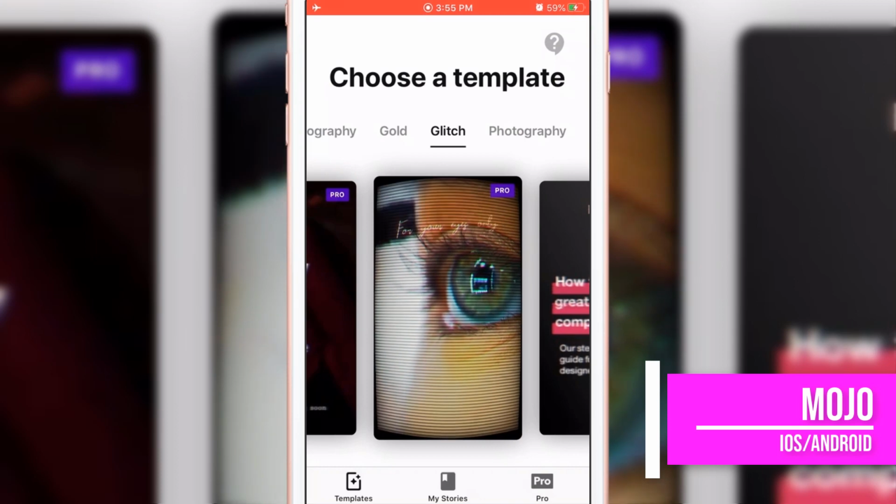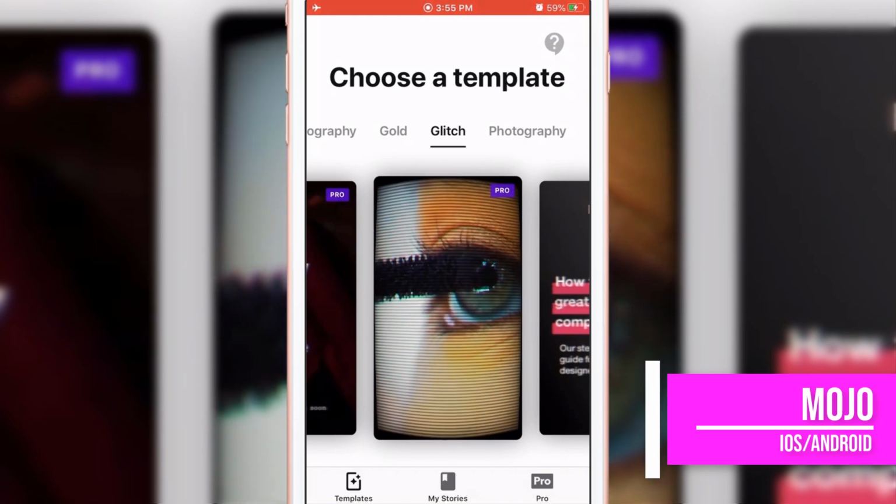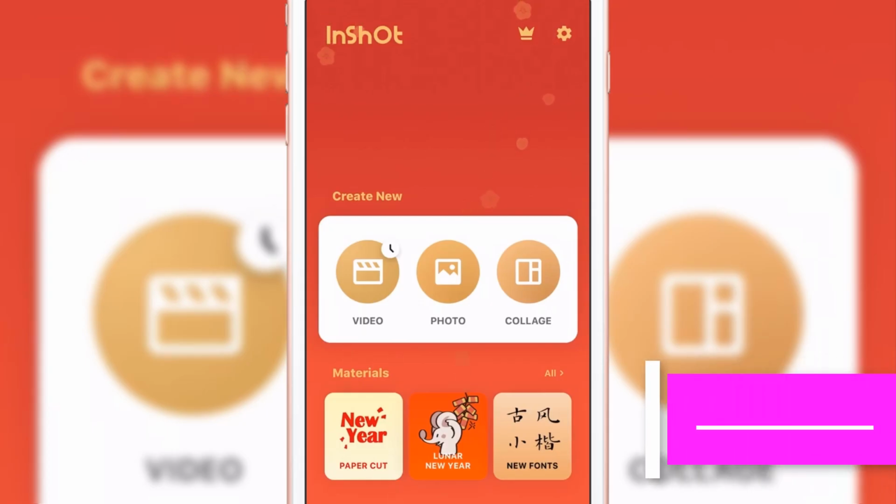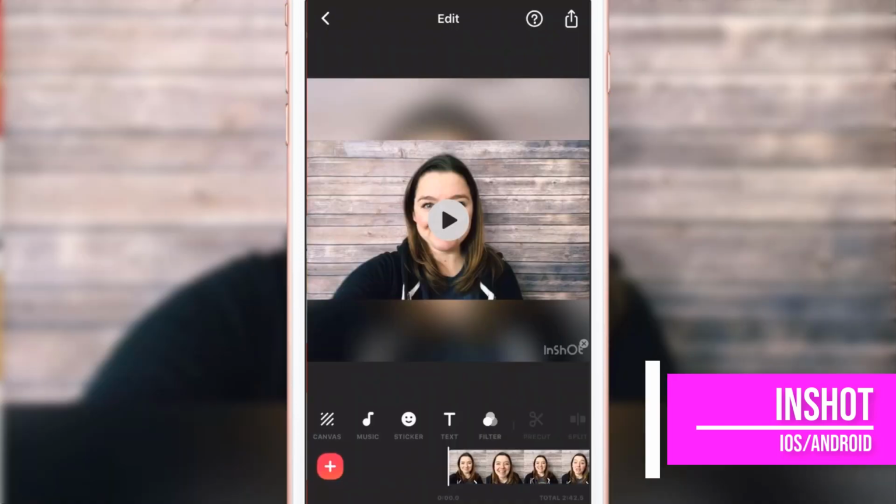But what about for your video content? For that, my favorite one is InShot. So here is InShot. The reason why I love this for editing videos is that I like to shoot my video in horizontal so that I can use it for my Facebook feed, for my YouTube channel. But if you notice, a horizontal video doesn't look that good over in the Instagram feed or on IGTV or in your stories. So with InShot, you can create beautiful IGTV videos with video that you recorded in horizontal mode,